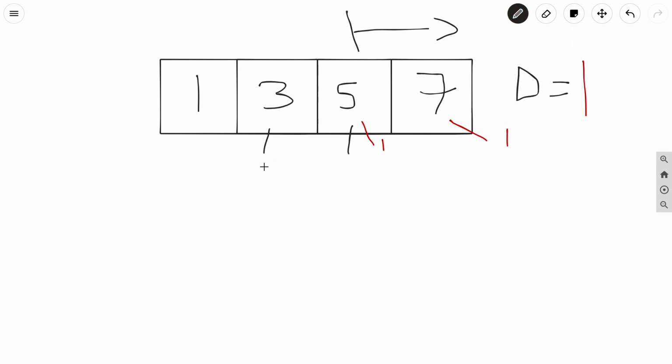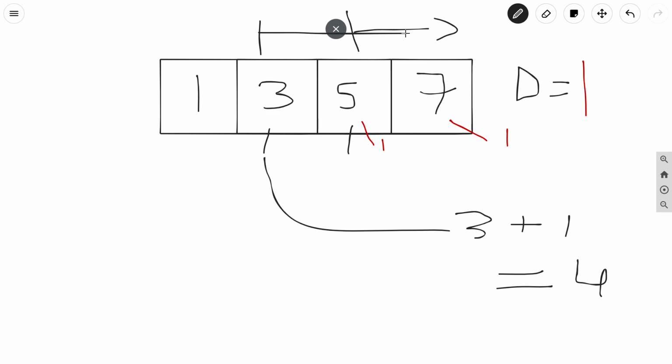It is 3, so we check for 3 plus d. 3 plus 1 is 4, and there does not exist any 4 after this index. So we do the same as we did for 5 and write 1 here.